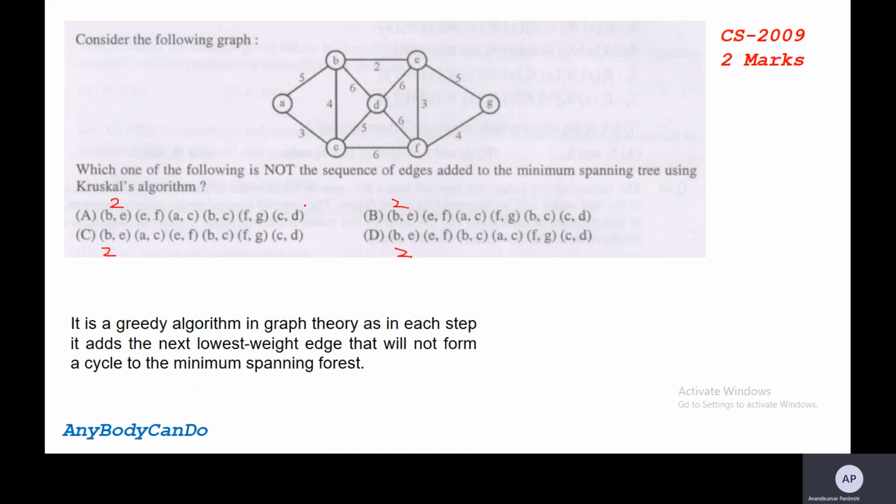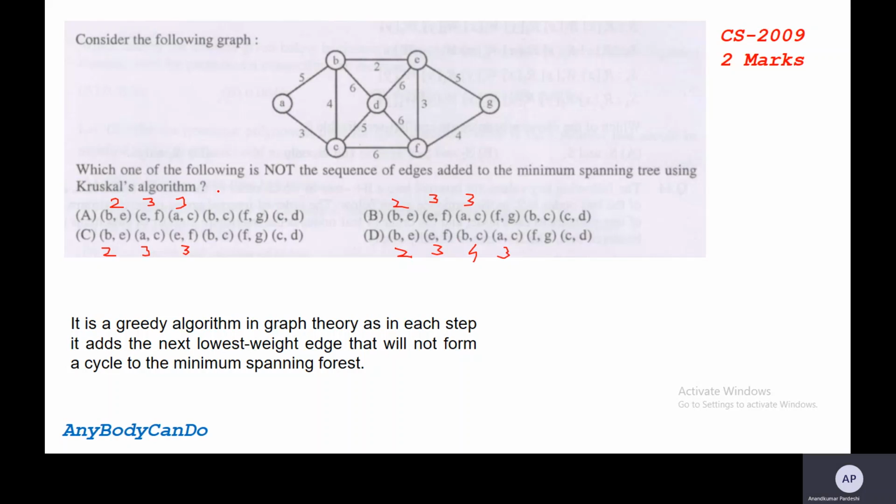Then E to F is 3. A to C, the weight of that edge is 3, and B to C is how much? 4. A to C is 3.